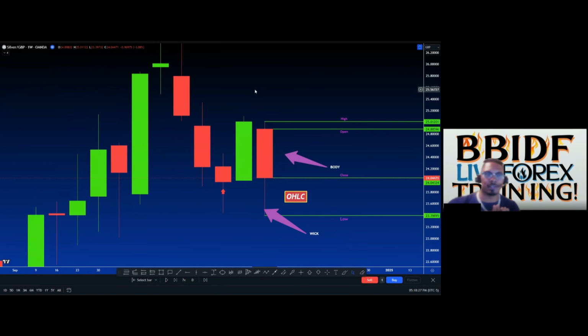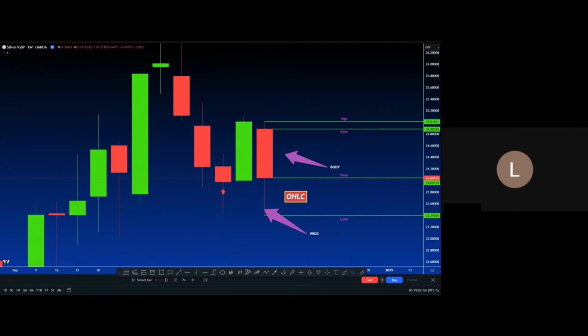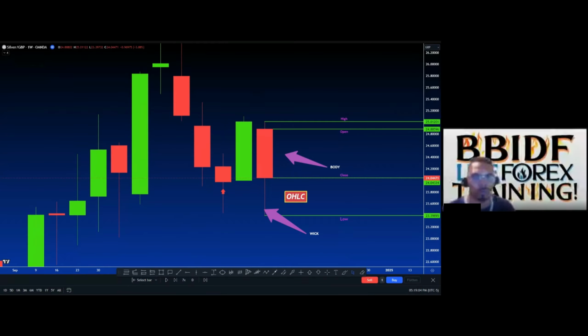So, guys, do you understand candles, bull candles, bear candles, how they open and close? Yes or no? And again, if you don't, say no, so we can get it right. I want to take this time to get you guys right. That's what I'm about. Don't feel any type of way. You guys don't know, but you need to know, and I'm gonna help you know. So again, do you guys understand how bear candles open and close, what the wicks mean, and what the bodies mean? Yes or no? Yeah. All right.